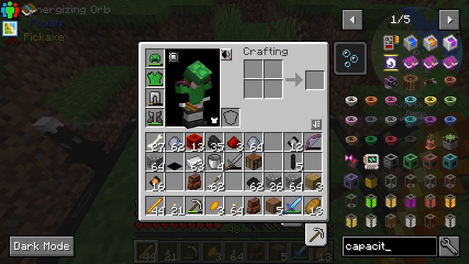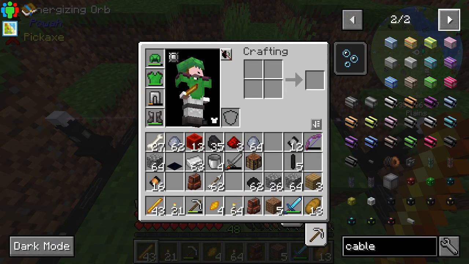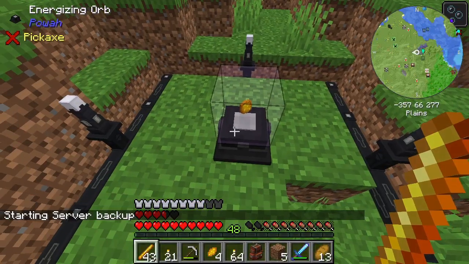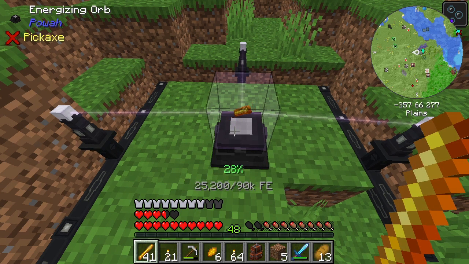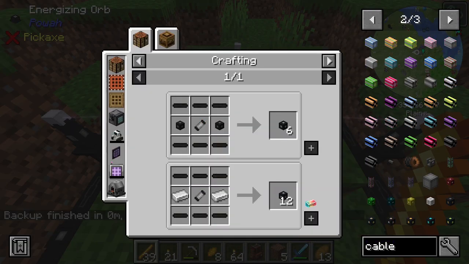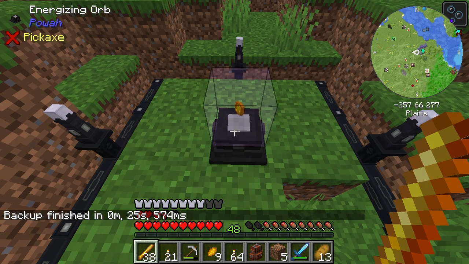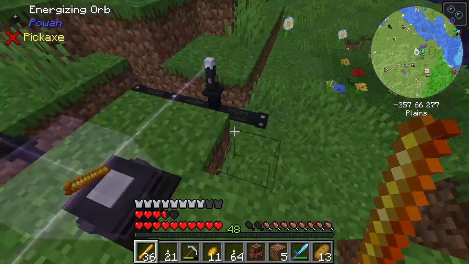So I'm going to look into, let's see, cables. And we have basic energy cables, hardened energy cables. Oh, and those require hardened capacitors. That's the thing. You need these capacitors to build what you're looking for. Like you need basic capacitors to make basic starter cables, hardened capacitors to make hardened starter cables, blazing capacitors to make blazing starter cables. The only difference seems to be the number you need. So I suppose with that in mind...